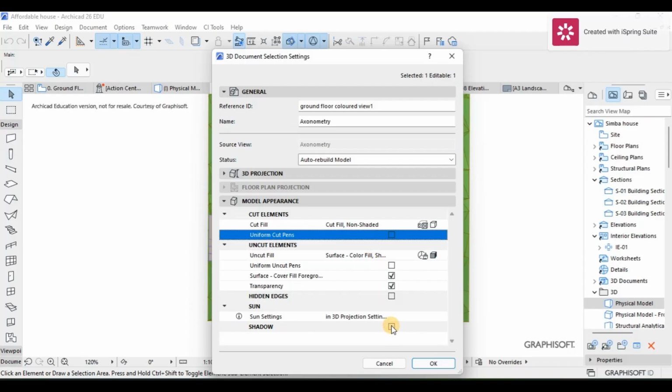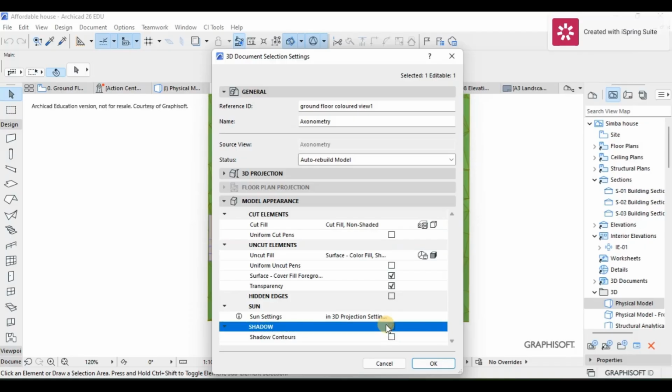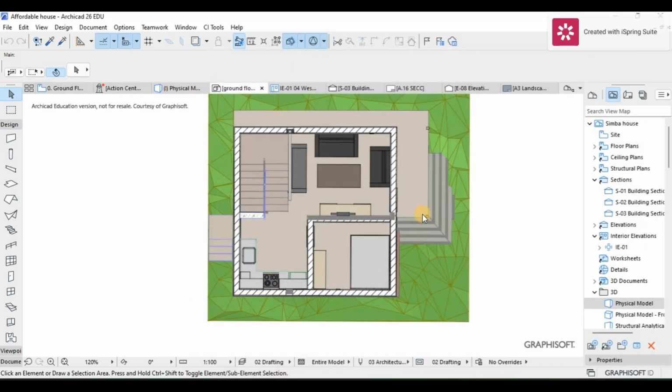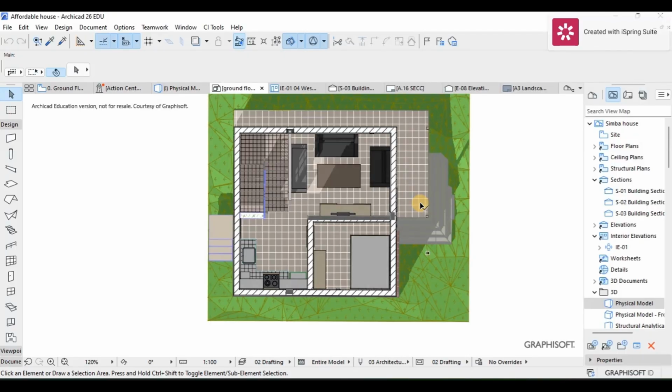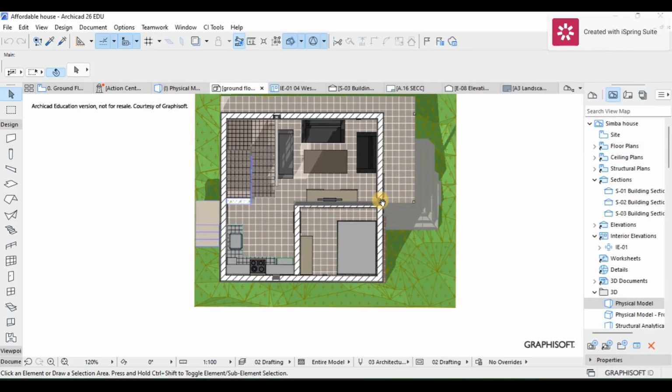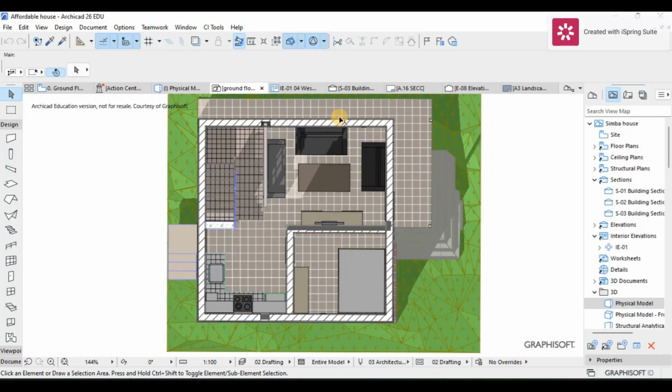Maybe if you want to add shadows too, you can click for the shadows and make sure the shadows are going to appear. I'm going to press OK, and let's see how things are going to look. You see, when I click the shadows, it looks more realistic than before. It adds a bit of things to your plan. So this is how it's going to look in your view,